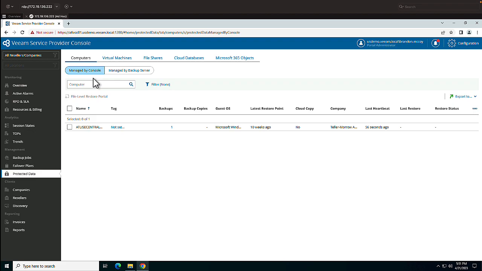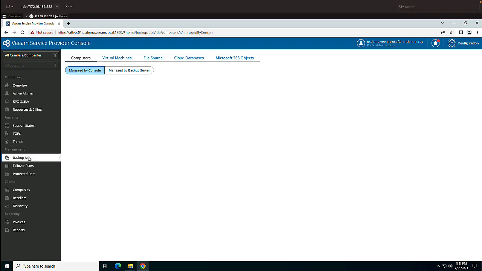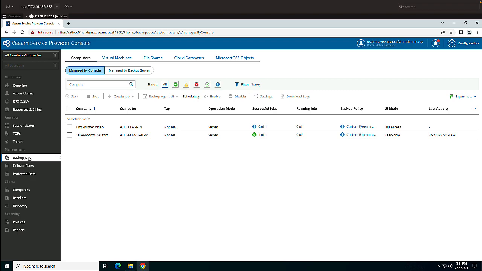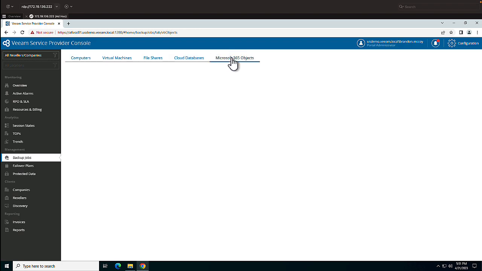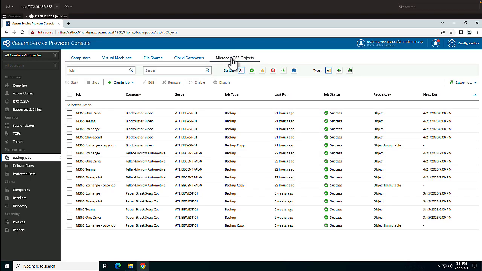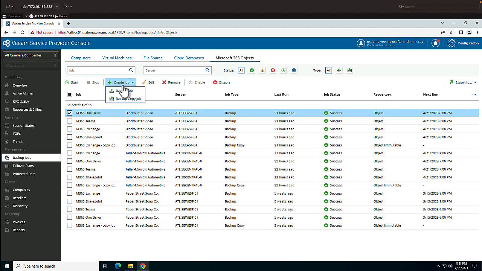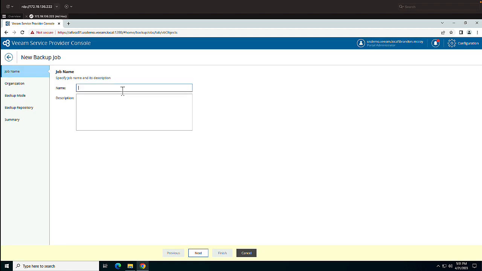While we're here on the management column, let's talk about some of the new products we can manage. Now I'm going to skip to the 365 and then I'm going to come back to the cloud databases. So Veeam Backup for 365 version 7. We now are able to create and edit jobs, add organizations. So here's my OneDrive job, right? I can also create a new backup job,